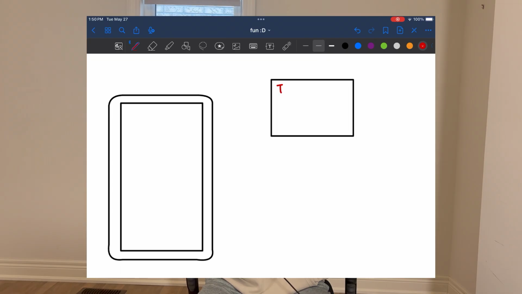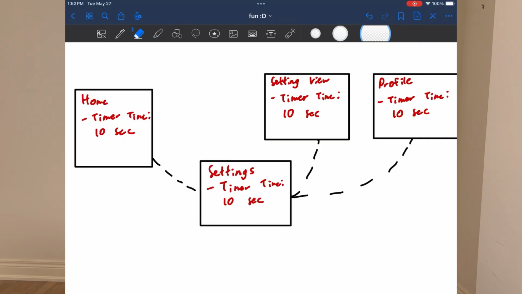There's also this MVVM architecture that was used for preparing views. Here, instead of preparing the view itself, what you would do is you would prepare the data for the view, which is pretty easy to store. Then you just have the view appear onto the screen, and if you set this up right, the view would use the data that you've already prepared, effectively, quote-unquote, preparing the view. There were also some things that Swift did really well. For example, if you had your settings in one place and you updated it in one part of the app, that update would propagate to the rest of the app and everything would be synchronized very cleanly.